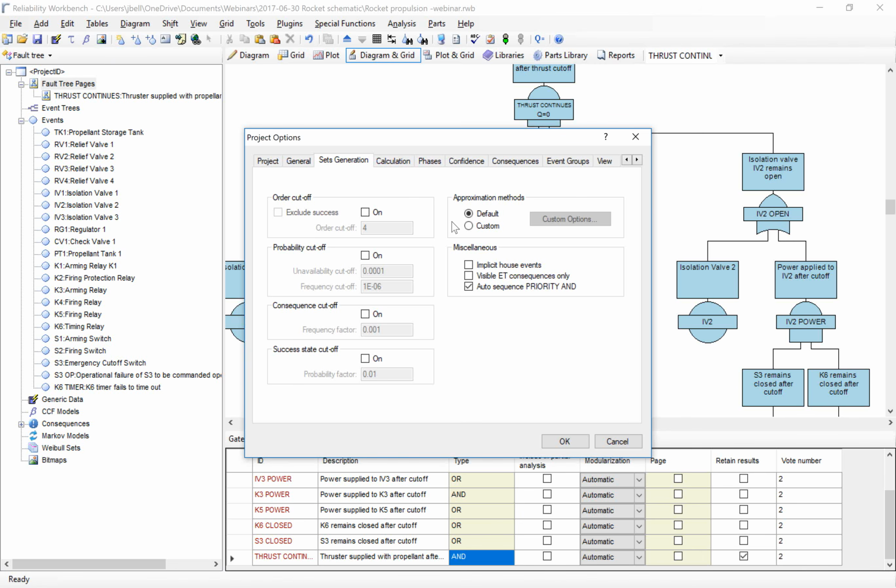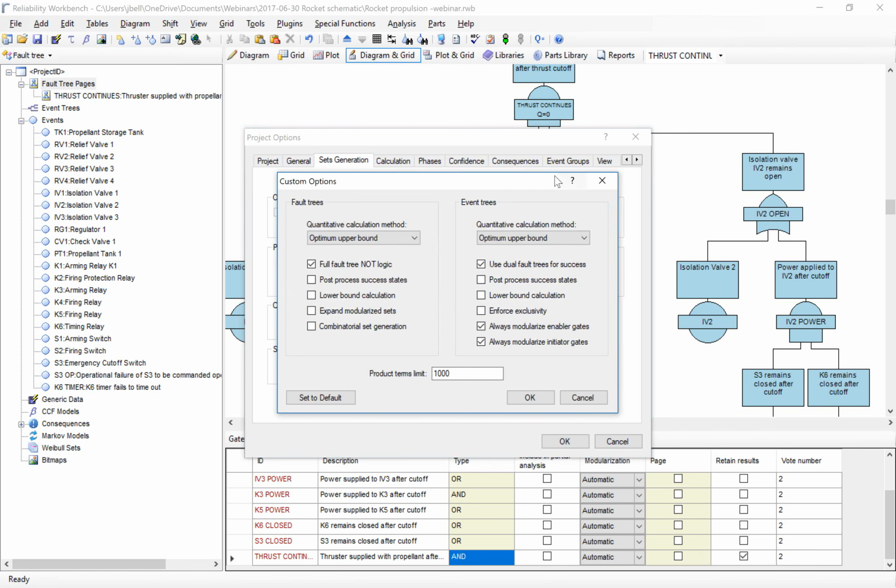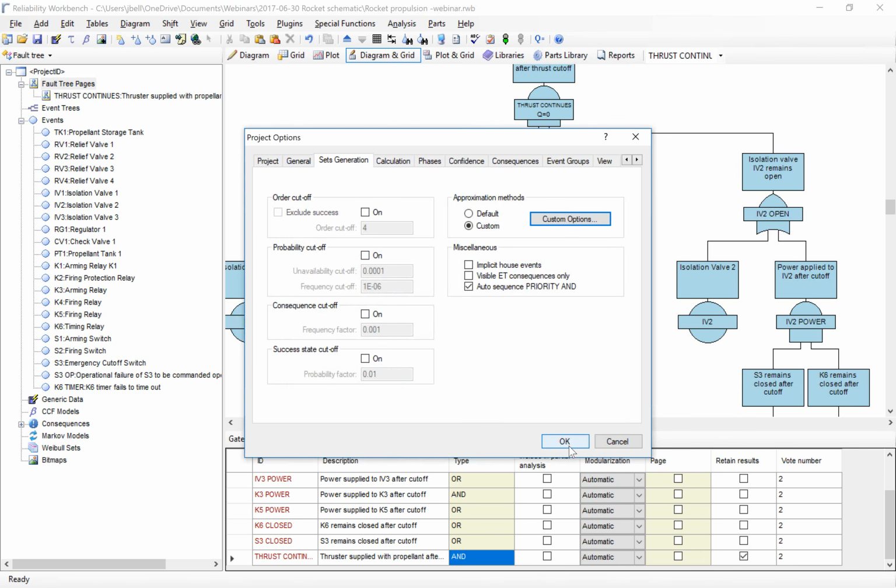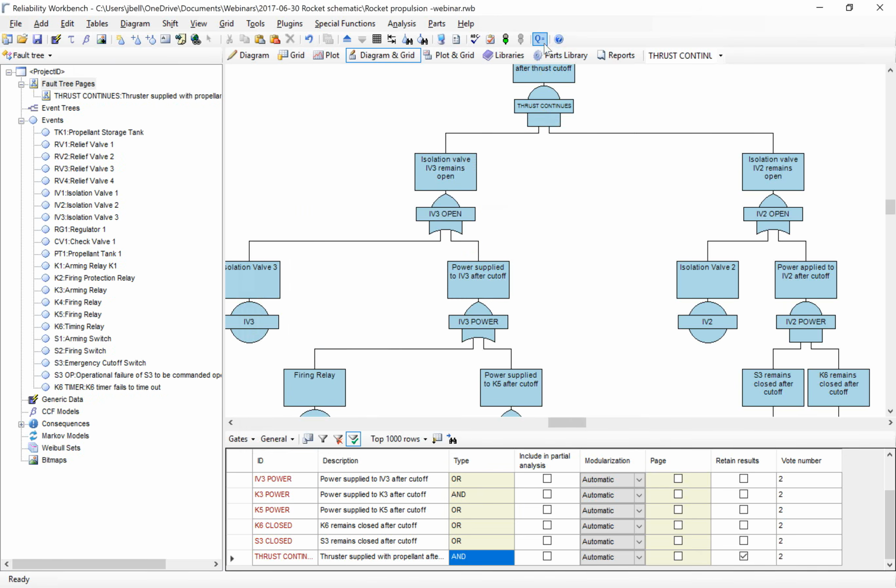Calculating full cut sets takes a little bit of time, so that option is turned off by default. But I'm going to turn it on. It's a little hidden option. It's one of the frequently asked questions: how do we expand the cut sets? There's a particular option right here to expand the cut sets, and that's what I'm after. So select my options, click OK, click OK. Now when I run the analysis,